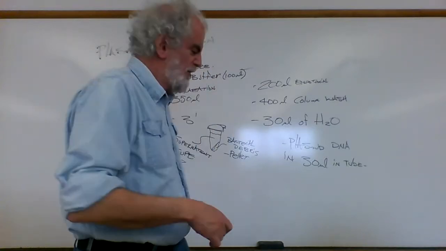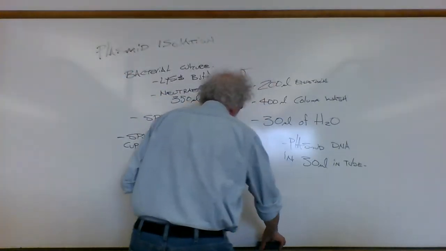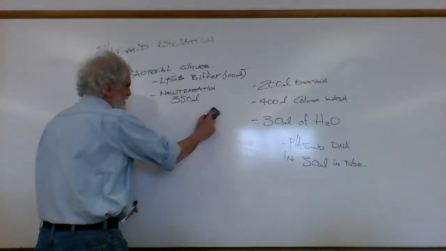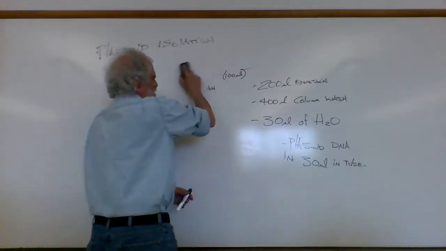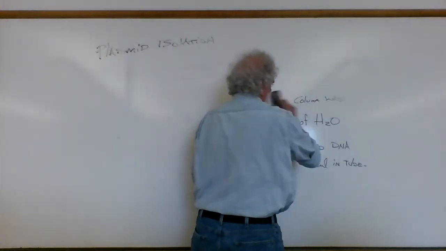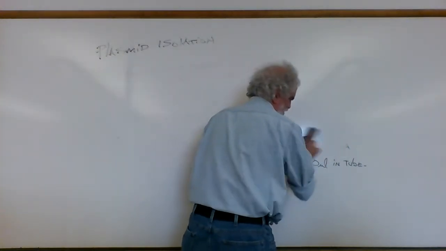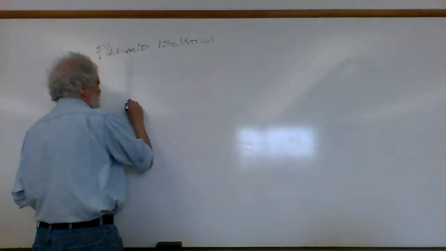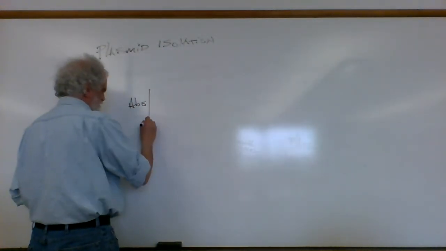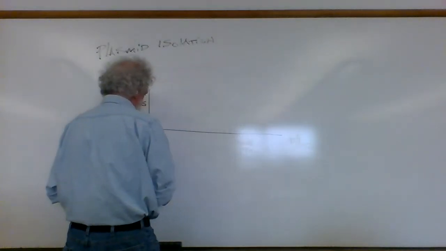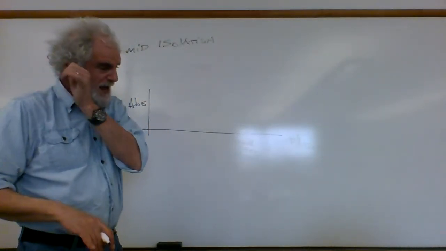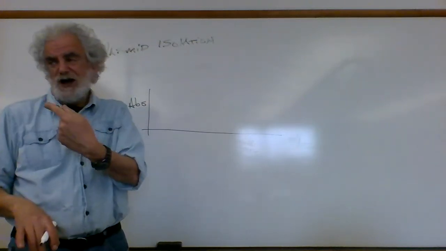And here's how we quantify DNA. There are a number of ways you can do it, but this is how we're going to do it. We're going to take advantage of the fact that DNA absorbs UV light in a very characteristic way. So if we look at absorbance, and it's UV light, and so not visible light, we can use the UV spectrophotometer that we have here